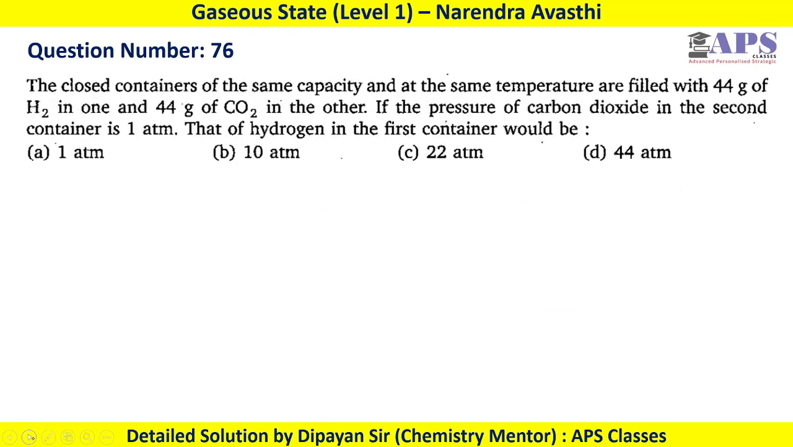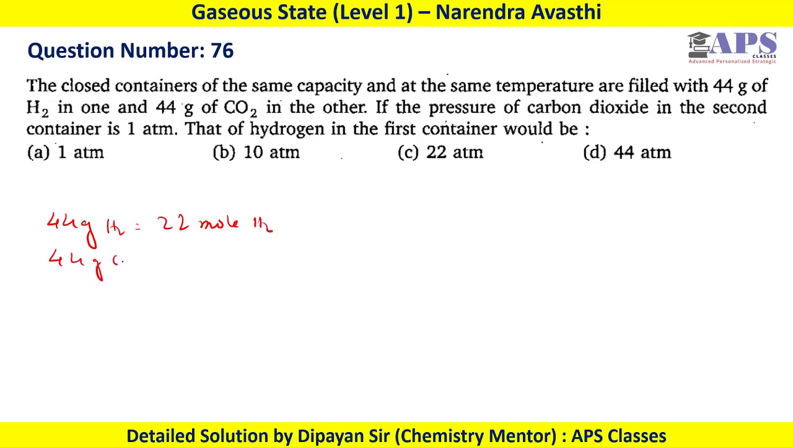In question number 76, two closed containers of the same capacity and the same temperature are filled with 44 gram of hydrogen in one and 44 gram of CO2 in the other. If the pressure of carbon dioxide in the second container is 1 atm, that of hydrogen in the first container would be. Okay, so in this case we have 44 gram of hydrogen, that is 22 mole of hydrogen, and